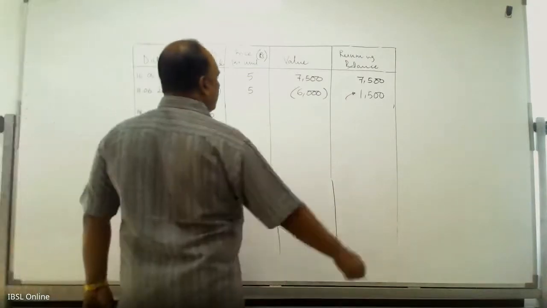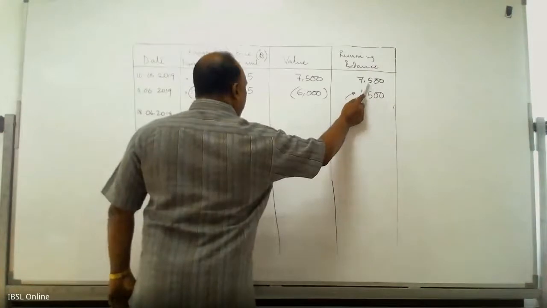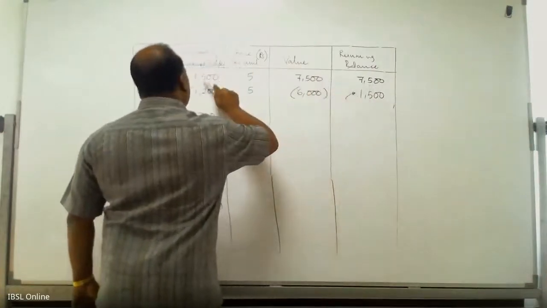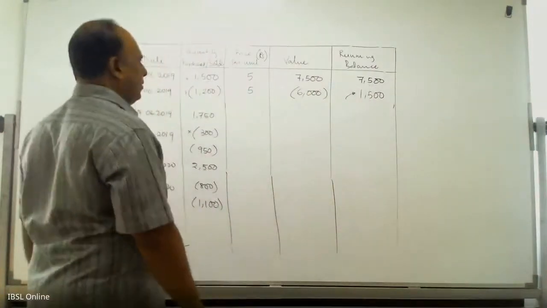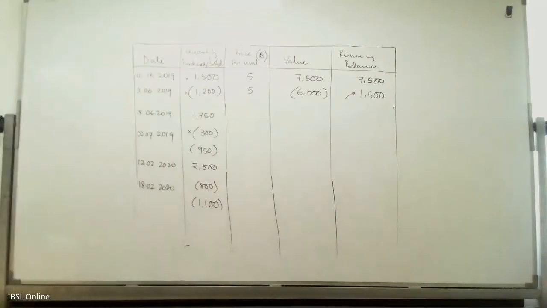Average price is basically your running balance divided by the quantity on hand. That is how we calculate the weighted average price. So every transfer, that is when you are issuing goods outside, those have to be issued at